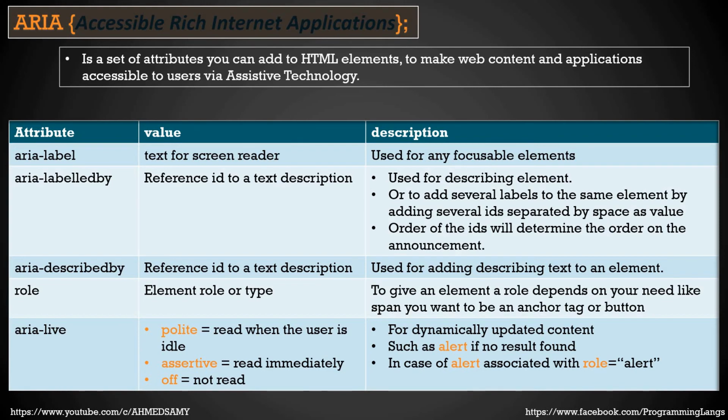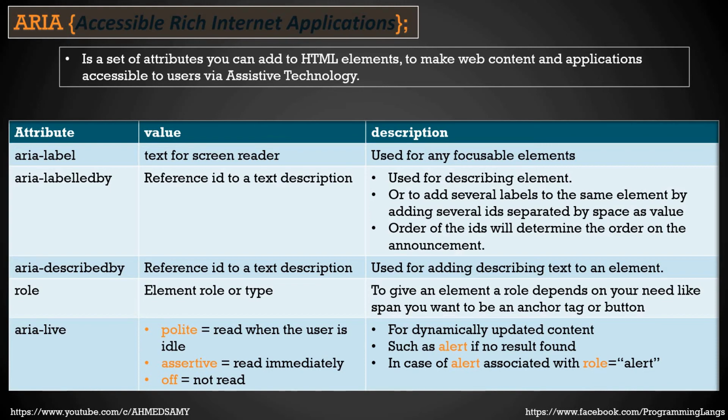The first attribute, the most famous one, is aria-label. We use it to give an element a text. You write a specific text that you want the screen reader to read, and it's usually used with a focusable element. The only time to use aria-label with a focusable element is when you don't have an explicit text value for this element. Aria-labelledby,